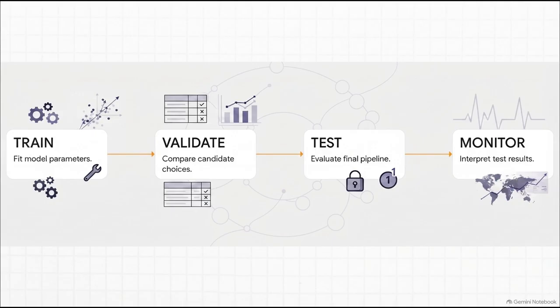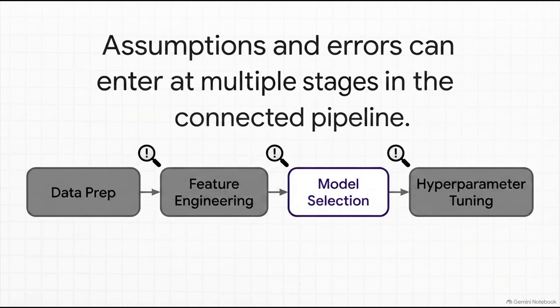And step 4, crucially, is monitor. You don't just deploy a model and walk away. You have to interpret those test results for your target population and continually monitor performance in the real world. Why? Because real-world data eventually shifts, and the real world is essentially one never-ending test set. Taken together, these stages form a continuous, highly vulnerable pipeline, and the path matters immensely. Assumptions, flawed measurement choices, and straight-up errors can sneak in at multiple stages along the way. This is exactly why you should always be skeptical of a flashy 99% accuracy score in a press release.